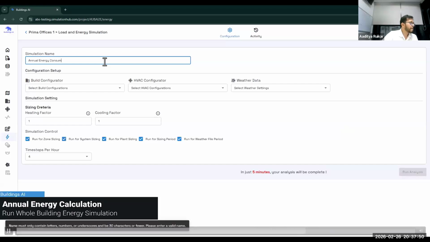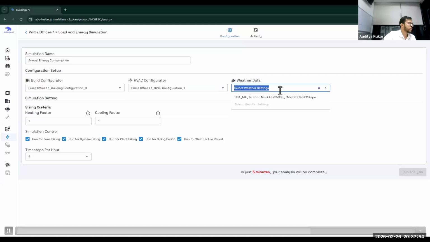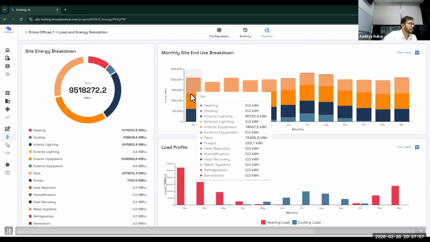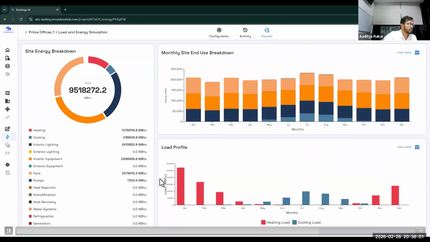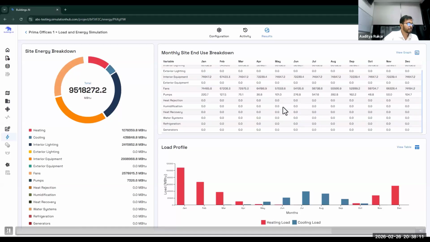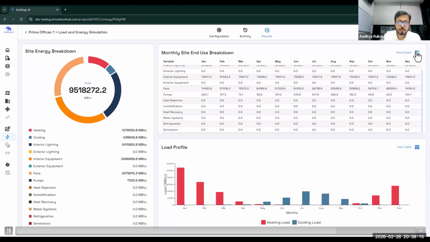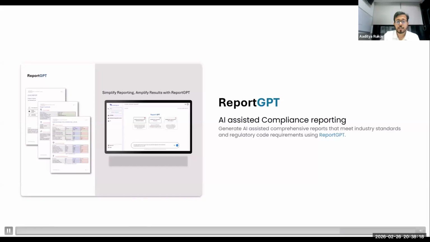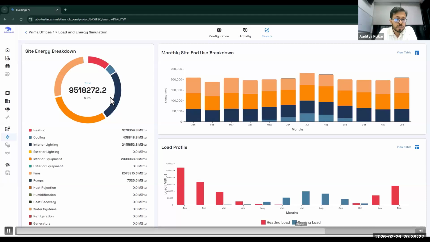Same for energy: select your building configuration, HVAC configuration, and then weather file. Then it will take a couple of minutes to run the simulation, and then we'll get results. Here you can see I'm getting component-wise as well as month-wise data of energy.